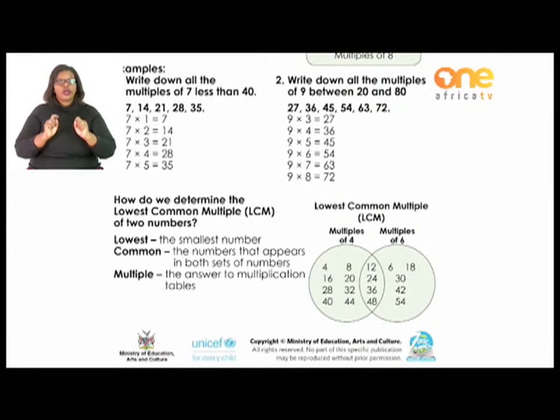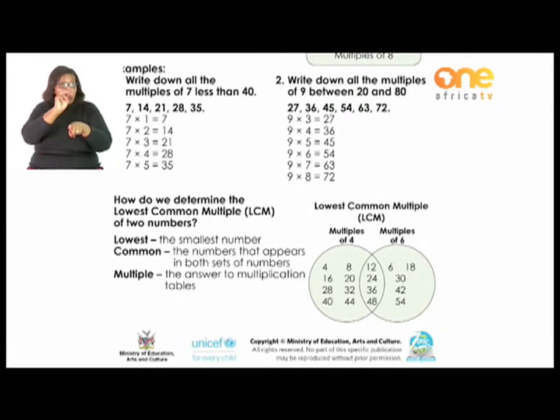Right. How do we determine the lowest common multiple? The abbreviation for lowest common multiple is simply the LCM. Now let's define what the lowest common multiple is. The word lowest means the smallest number. Common